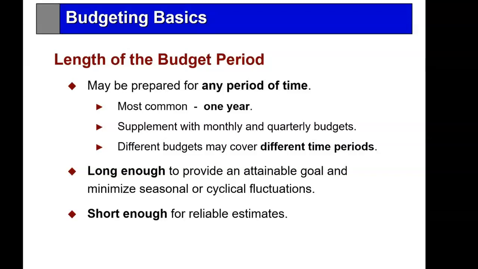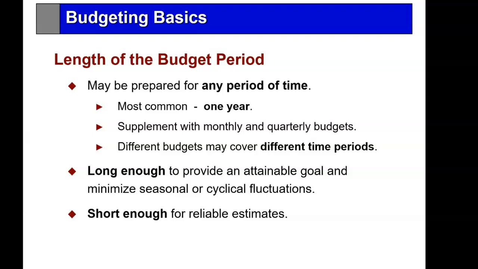Now, when we talk about a budget, we're talking about basically an operating budget. And we're planning the operations for 1 year, the coming year. For example, if your company starts the budget period January 1st, you would have been analyzing and producing that budget in September, October, and November. But you're planning operations for all of next year, 2021.